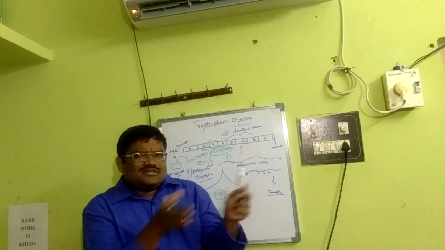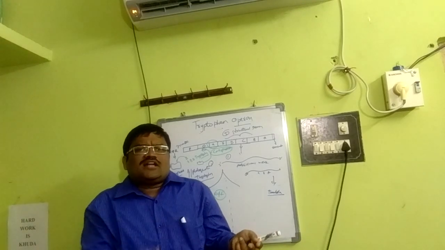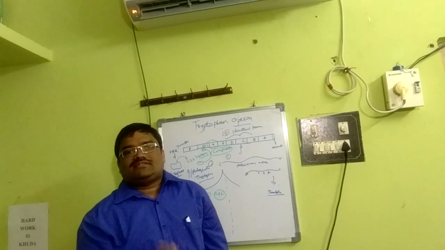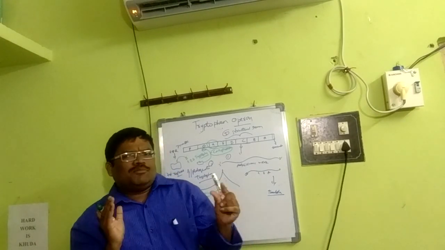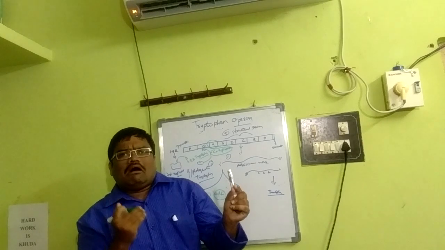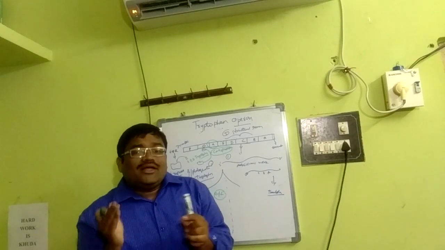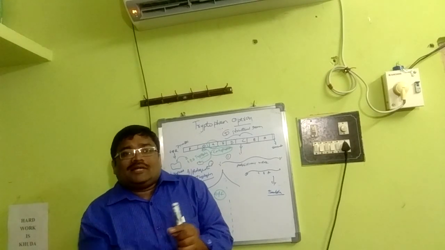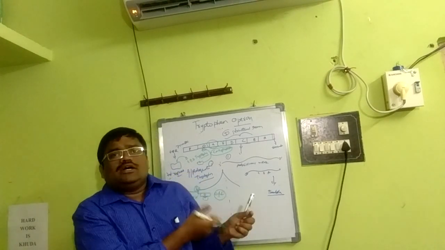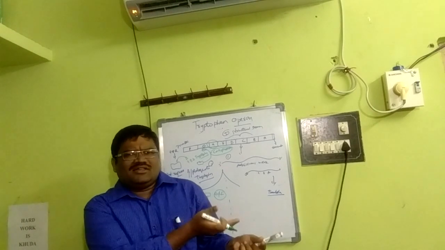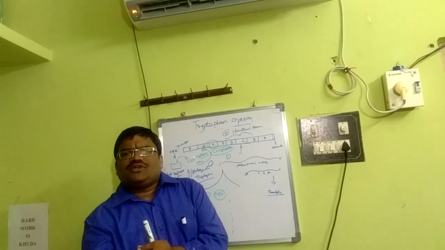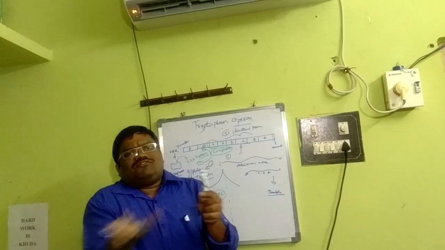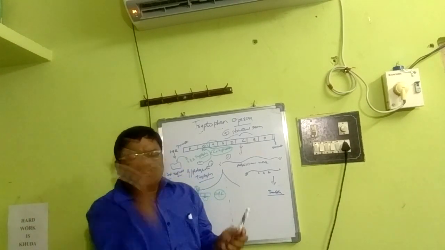In prokaryotes, translation starts before the completion of transcription, what we call coupled transcription and translation. The same thing will happen here. RNA polymerase will transcribe and the ribosome starts translating. When the ribosome starts adding amino acids according to the genetic code, as we discussed in translation, the tRNAs come with their amino acids, form peptide bonds, and extend the chain, what we call polypeptide chain elongation.